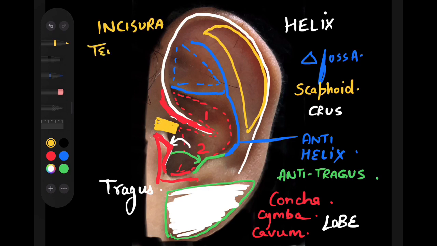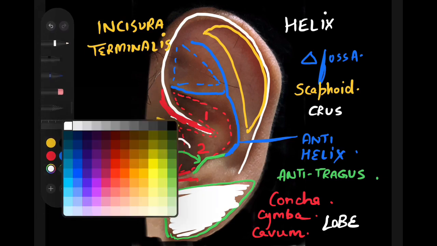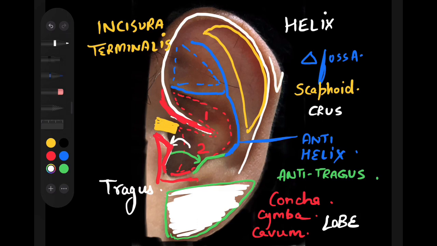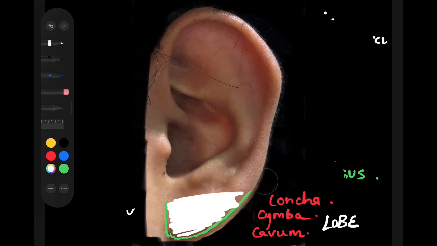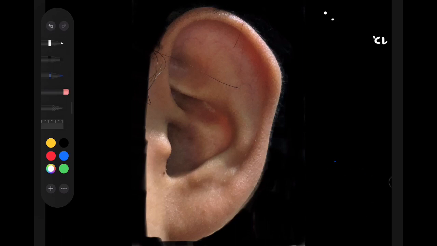Now we have read about this, but I think it will be better if we revise. We'll revise this within a few minutes. And one more thing, actually I forgot. Wait, there might be one elevation on this helix at this location, like in this one, it is present. It is called Darwin's tubercle. It's not present in everyone. So now we'll go back to revising. We'll revise everything which we have learned till now in the anatomy, so that you can actually repeat after me.